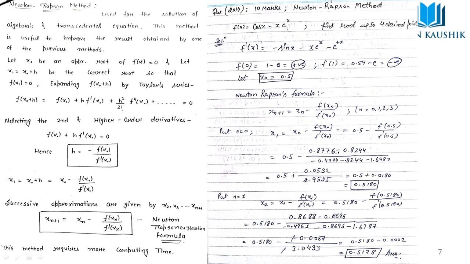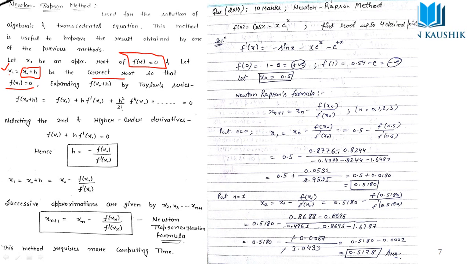Okay. So we are assuming x naught to be the approximate root of an equation f of x equals 0. How will we calculate the root? When we substitute in the equation equals 0 and calculate, we will get the roots. So we are assuming that x naught is the approximate root of that equation. So we will be taking a correct root. We add a little increment, h, so x1 will become x naught plus h. This will be the correct root, so that f of x1 equals 0.